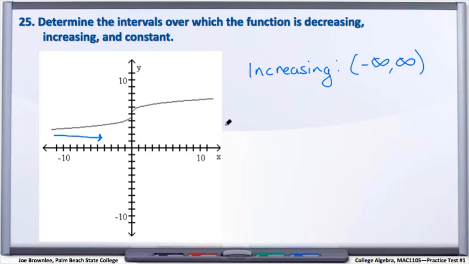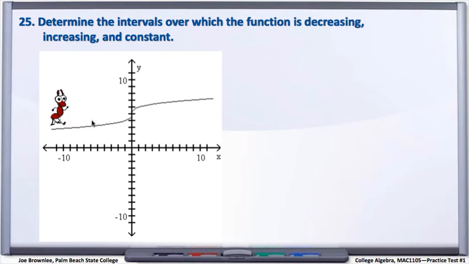Now, just like 25, or rather 24, I showed you maybe a fun way to remember increasing, decreasing, and constant, and that's when I introduced you to Red, our little ant buddy here, our red ant. And we said that anytime Red is walking uphill, our function is increasing. Anytime Red is walking downhill, the function is decreasing. And if Red is walking on a flat surface, he's not going up or downhill, then that part of the function is constant. And so if we stick Red down here at the bottom left and let him start walking,